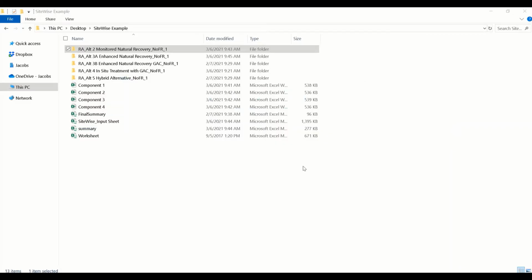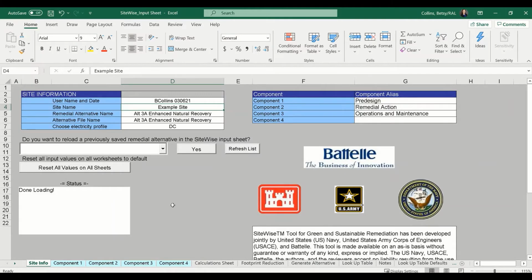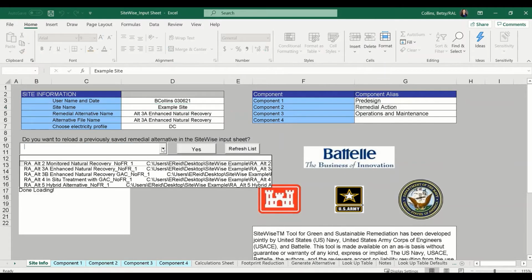In this video, we're going to be walking through the simple process of updating an existing remedy. Just like when we first generated the remedy, we're going to do this inside of the SiteWise input sheet. Once in the input sheet, we're going to go to the Site Info tab and we're going to select the